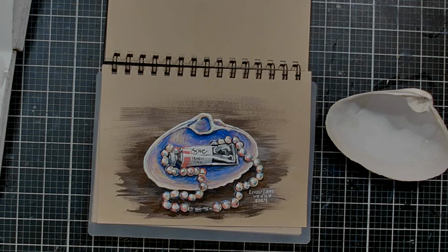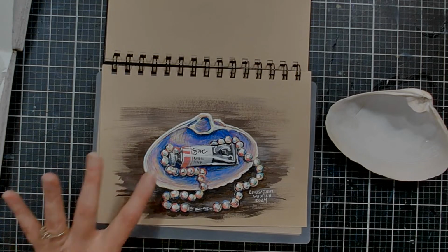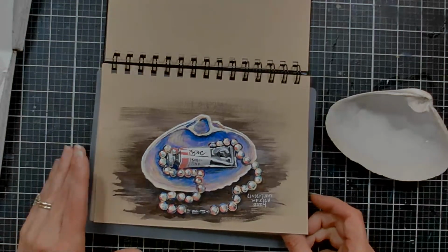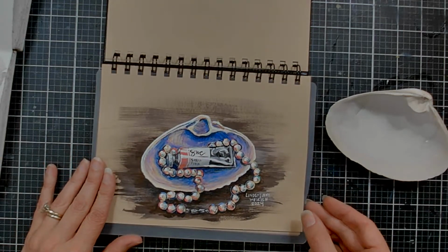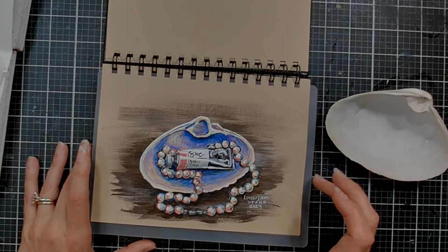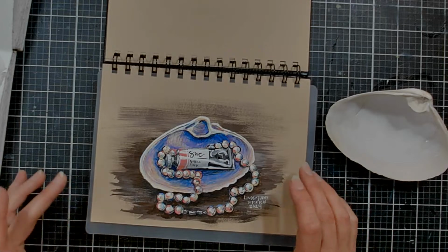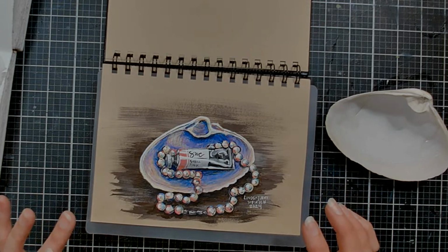Again, I ended the month very frustrated with this challenge, but I finished it. I got all the days done, and really that's what I set out to do. I did add some colored pencil to this because it wasn't working. I wish I'd just done it in watercolor. It's kind of like speaking in your native language versus speaking in a foreign language, and where I'd been using watercolor so much, I would have been faster. It would have looked better, but I think I felt the pressure to get some stuff